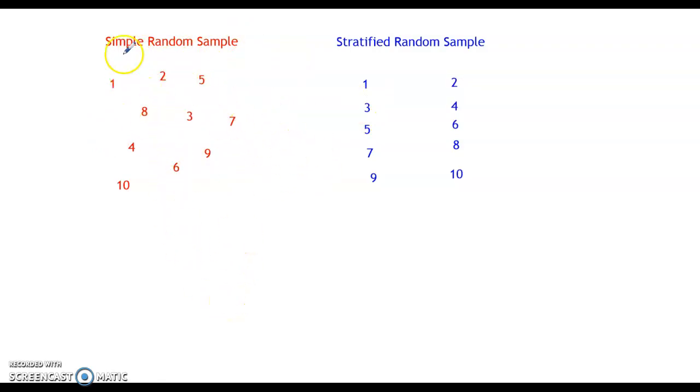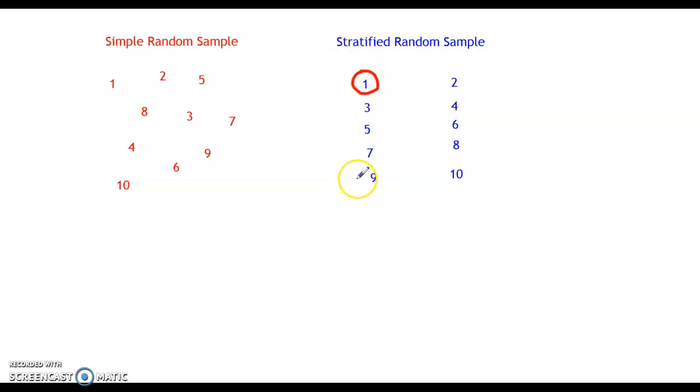If you choose a simple random sample of 2 from this population, I could get a 2 and an 8. I could also get a 7 and a 9. All of those are possible. As a matter of fact, every possible combination of two different individuals from this population has an equal chance of being picked. However, back over the stratified random sample, if I choose an odd number, 1, from my strata